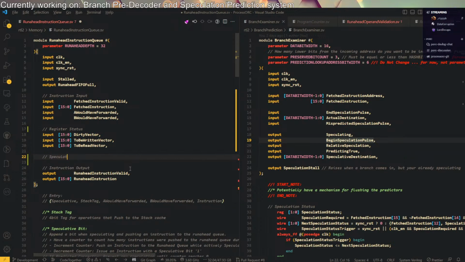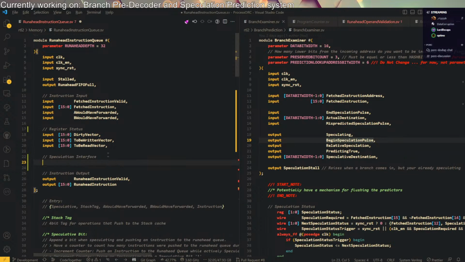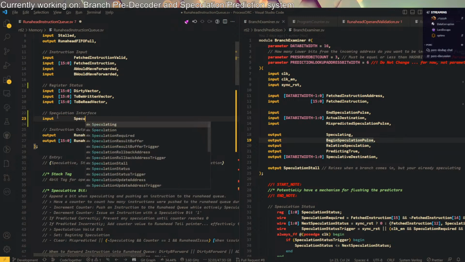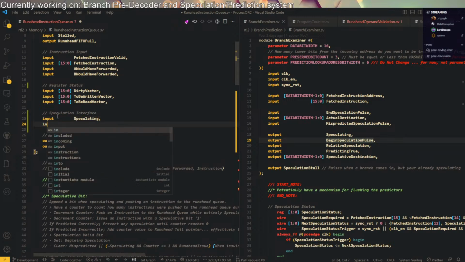Okay. So the Runahead Queue, when I inject, I need to have a bit that says, hey, I'm speculative. And when that bit comes on and says, hey, I'm speculative, I need to mark that entry, and then per this, I also need to increment and decrement the flag. So I need input, calculating, and then I also need a